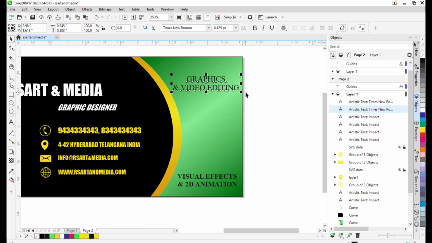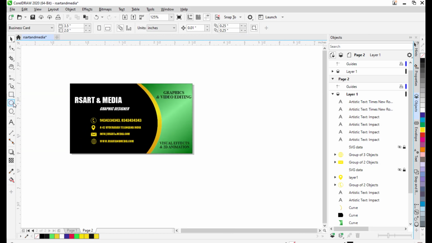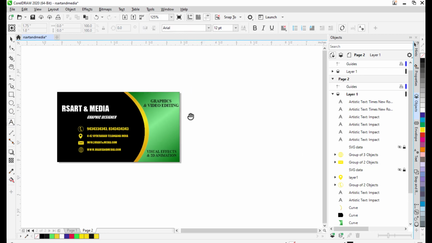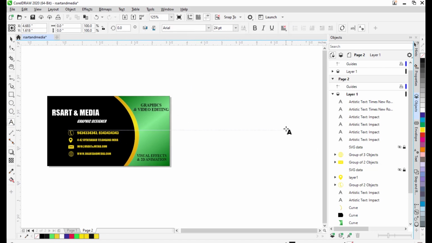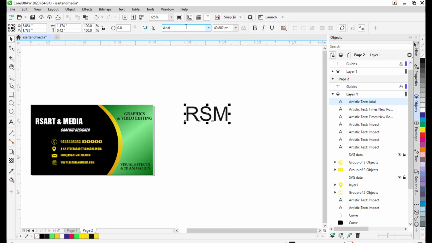So the one last thing we can do is we'll also make it bold. The one last thing we can do is we'll just put the icon here. What we can do is we can just use the first letters of our company, or you can say our organization. So we can say RSM, right. So we can just use it, and we can give it an impact font, and we'll do one